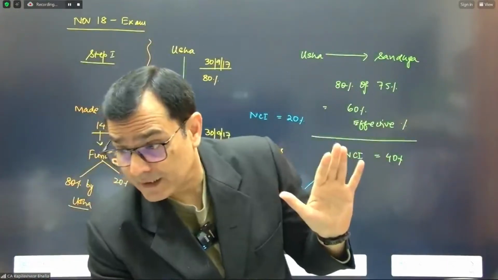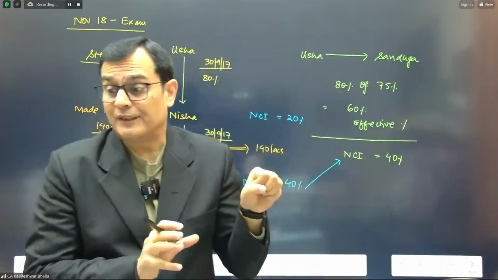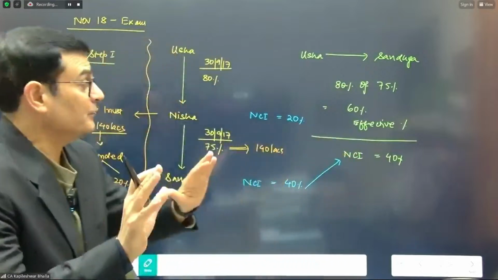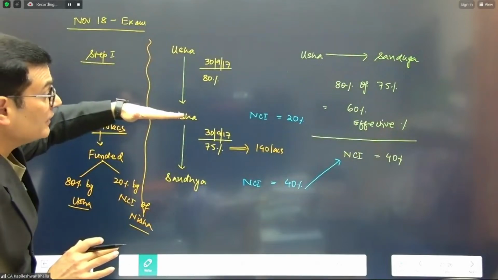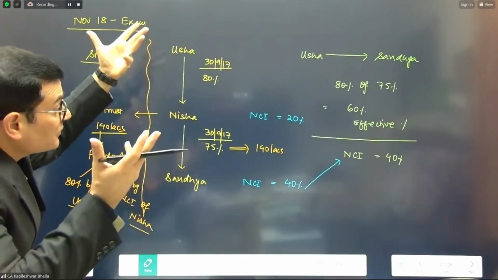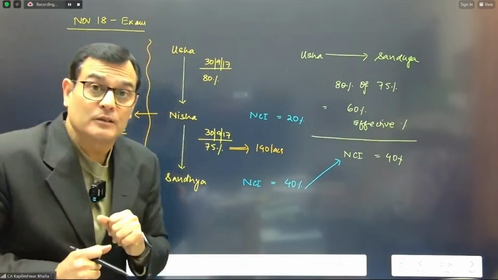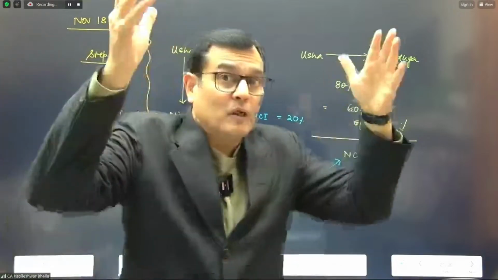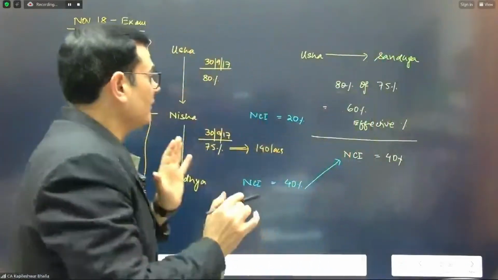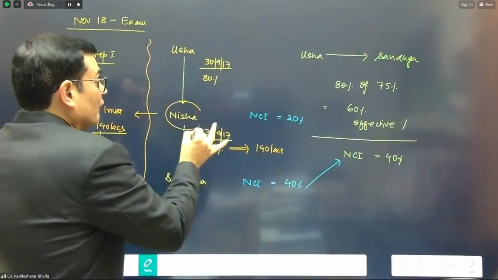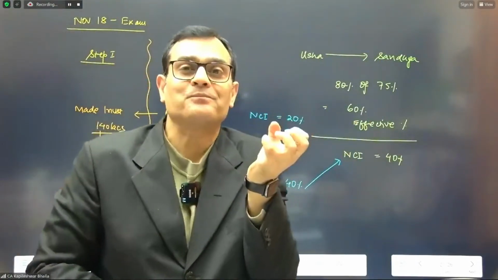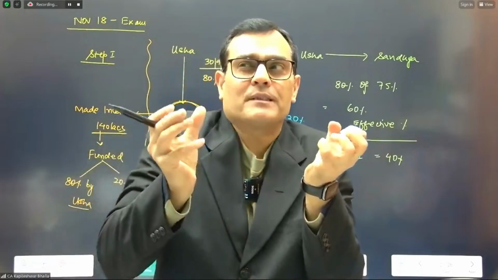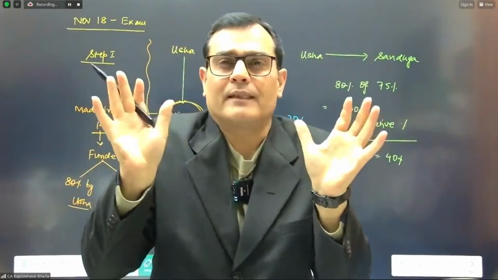Okay, I got a yes on that. That's great. And Shruti, you said, so why not NCI of Usha? No. The shareholding of Nisha, 80% is held by Usha. Who are those remaining 20%? Is it Usha? No. Somebody outsider, right? Whatever is the share capital of Nisha, 80% of that is held by Usha. The remaining 20% is there with some outsider, not connected to Usha.